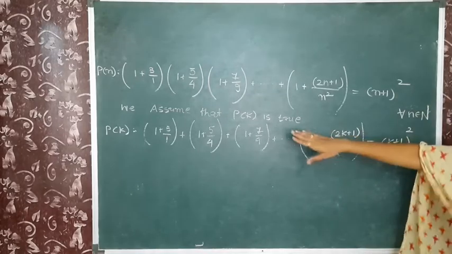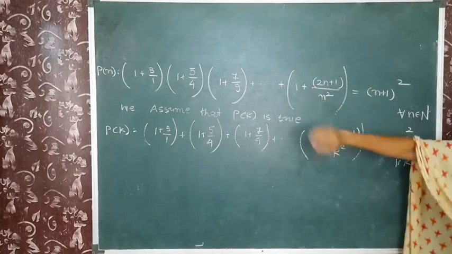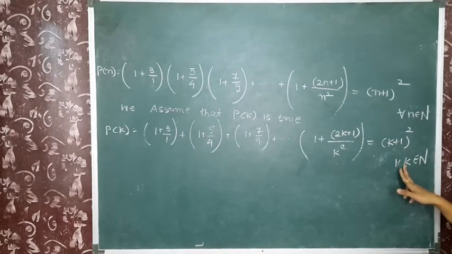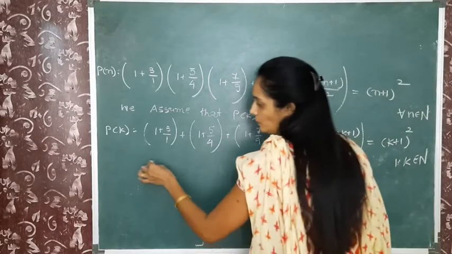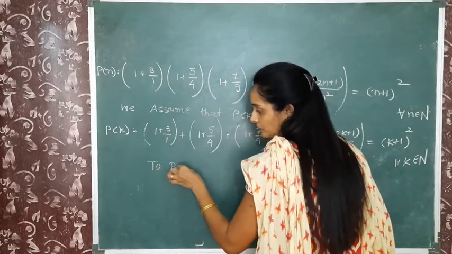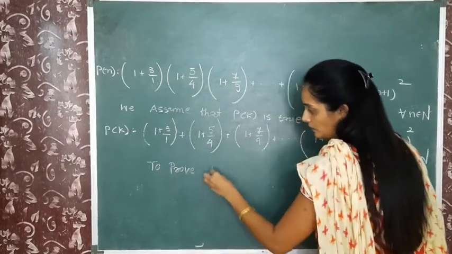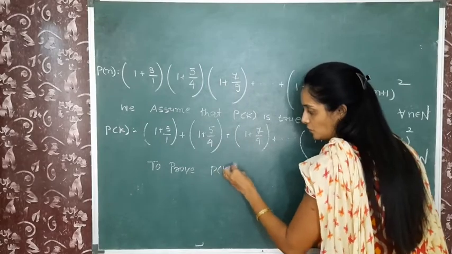Okay, we assume that this statement is true for any natural number k. Now to prove P of k plus 1 is true,